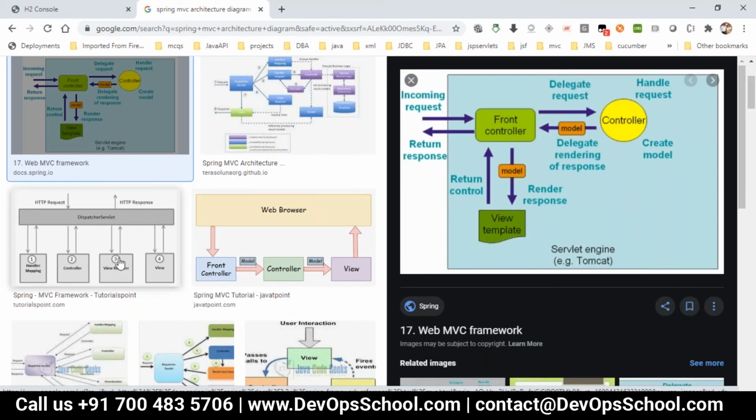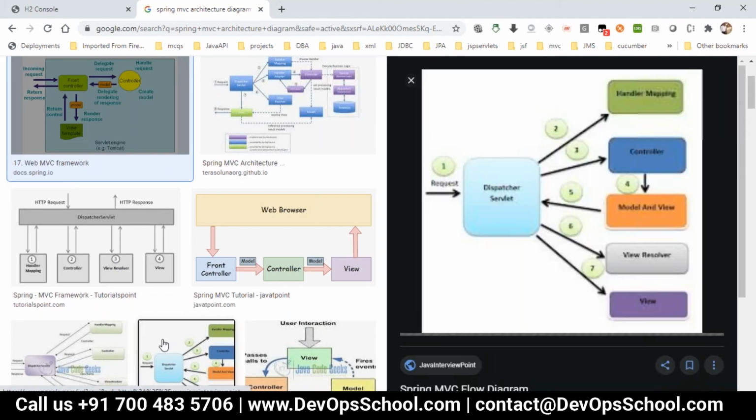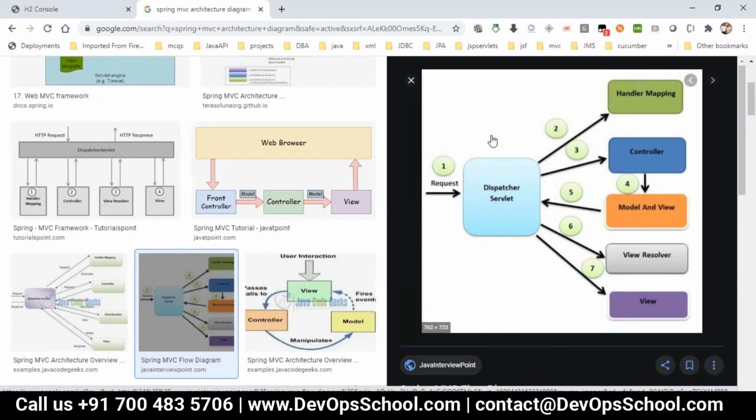So that is the simple or proper diagram. Here with Spring MVC, it is enabled with one design pattern, which is called the front controller design pattern. What is this front controller design pattern? It is one controller which takes care of your requests and responses. So that is the front controller.